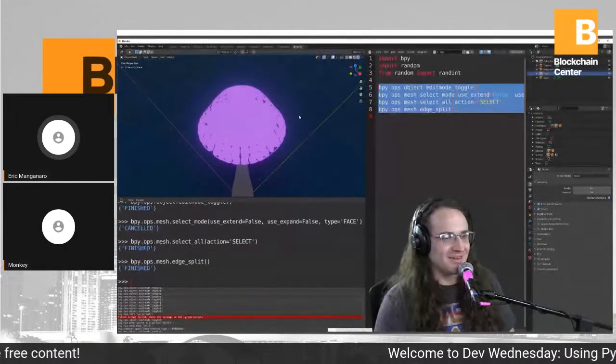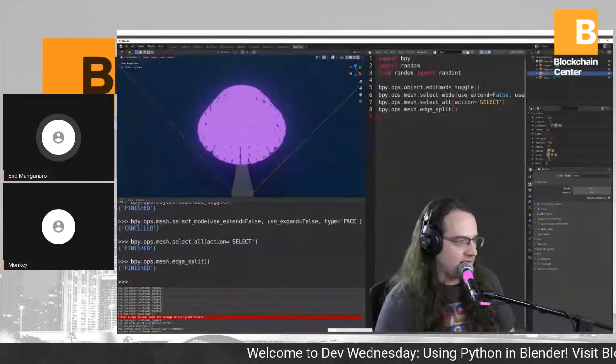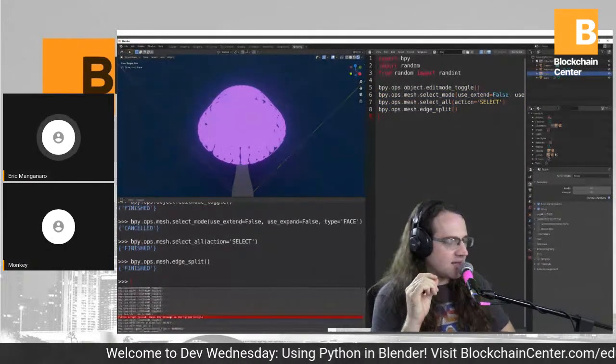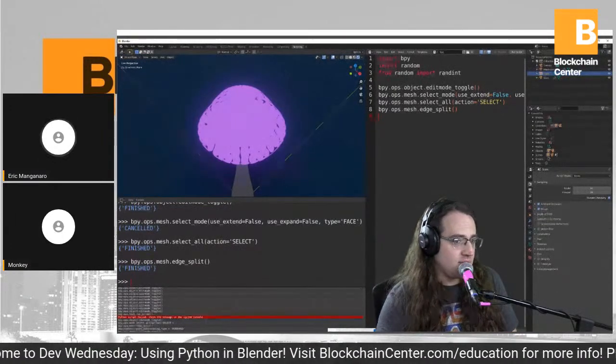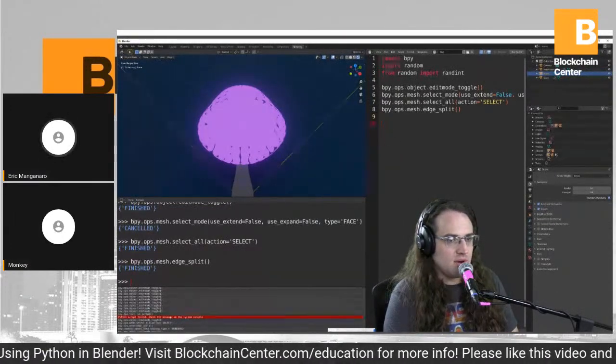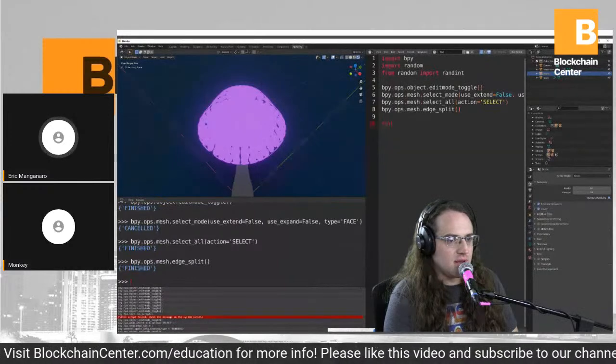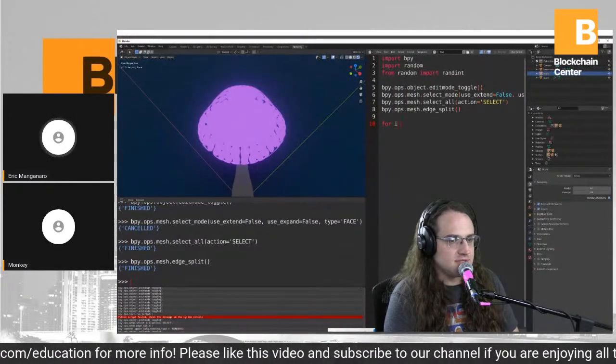I want to eliminate the edges, but all right. So basically, we're going to set up a for loop here. And we are going to say, we're going to loop this entire